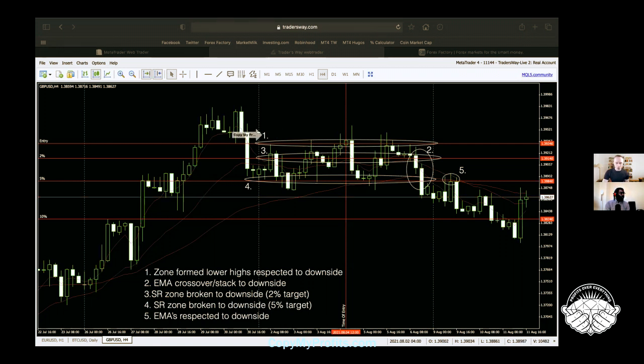So you can see right here, we had this overall zone being formed, retested up, retested up, retested up, retested. So we were pretty confident with all of these retests of that zone. We had these higher highs, formed higher lows. We were pretty confident now that we were seeing this respection, that's not a word. So we were pretty confident upon seeing